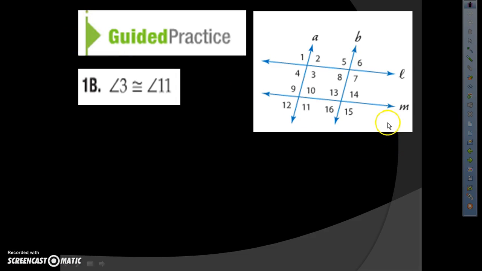Alright, the video stopped at a good time there because I had the wrong figure. We're going to leave guided practice 1A alone, but let's go back and erase the figure that you had for guided practice 1B. Let's just start over on that and use the correct figure here. Okay, so